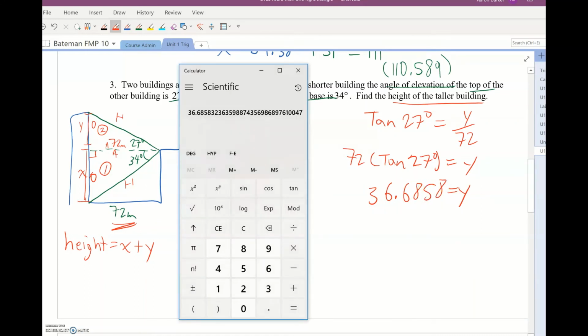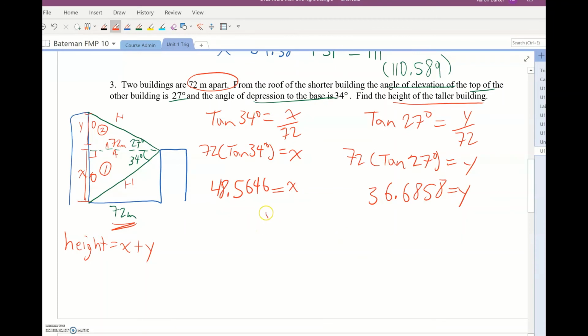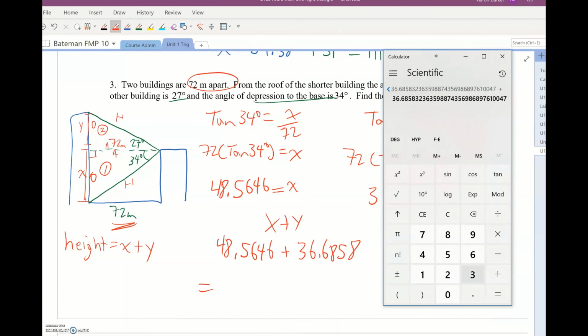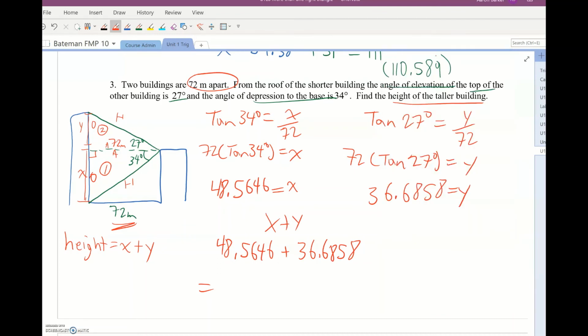6.6858. Good. So then what we're going to do is just go x plus y, and I will end up with 48.5646 plus 36.6858. And the total then is the height of the building. So I will then add, since the number is already in there, 48.5646, and we got 85.25, so